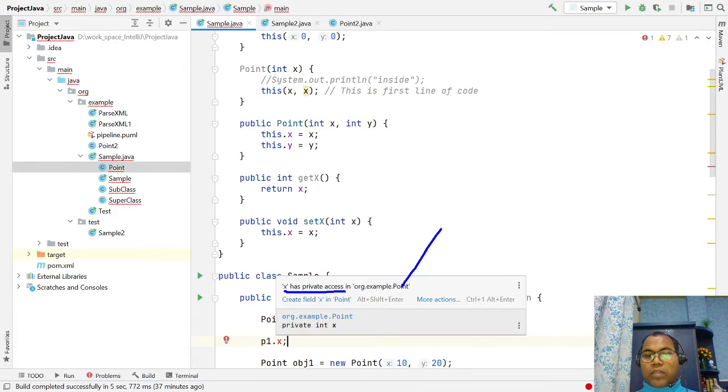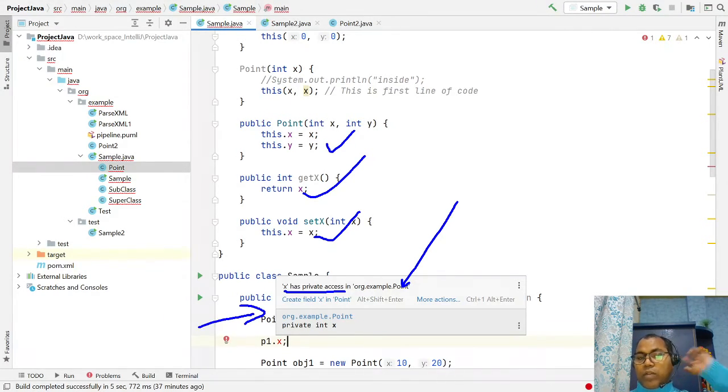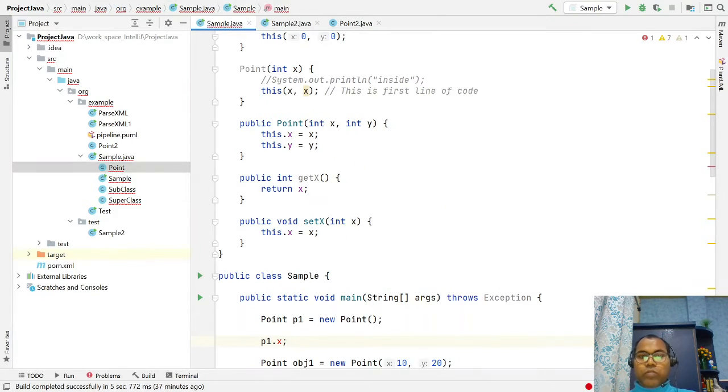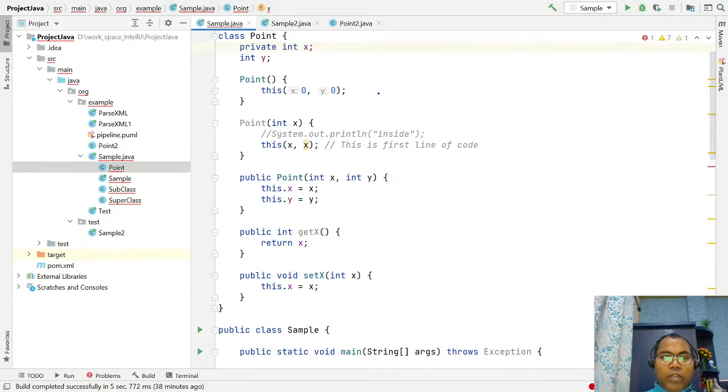So this class point has defined x as a private data member, so this x variable is used inside your class. You can use it inside the class, but outside of the class, like in the simple class, we cannot access it through object dot variable. So private data members are accessible within a block.